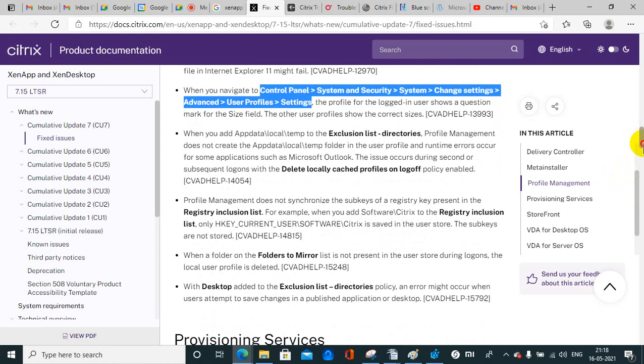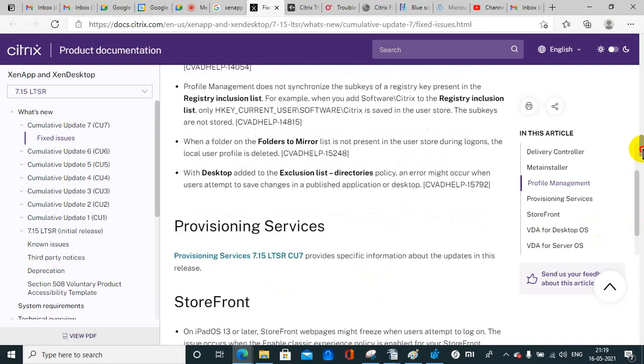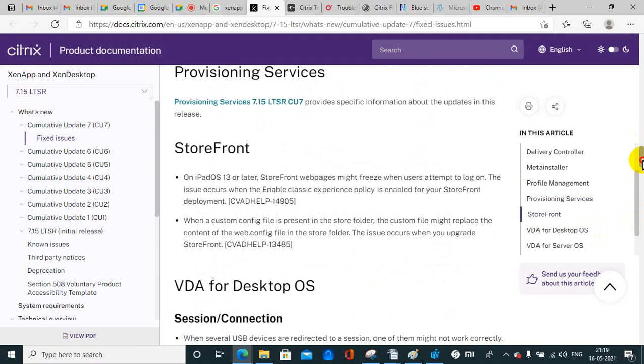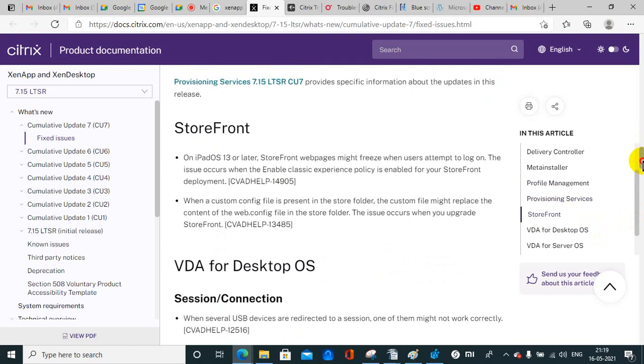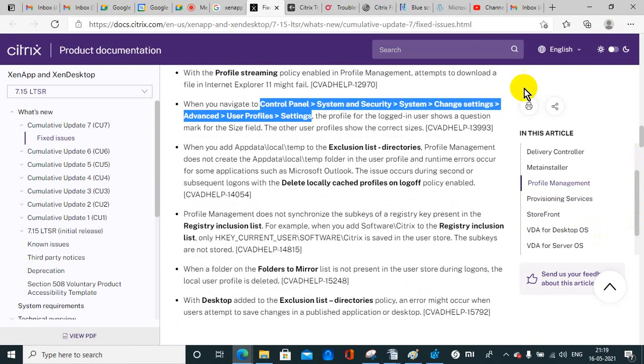In the policies, you need to search profile related policies, and once you open that, you will get the location and the created options over there. What kind of policies is created in your organization to manage Citrix profile. Also, these are the errors for provisioning, for that you can go through that.